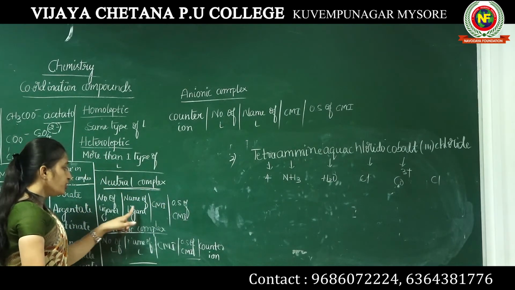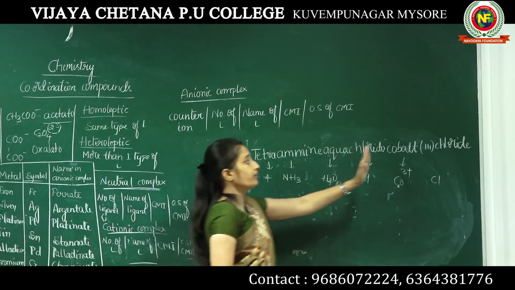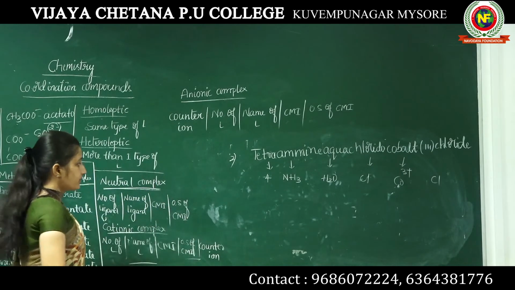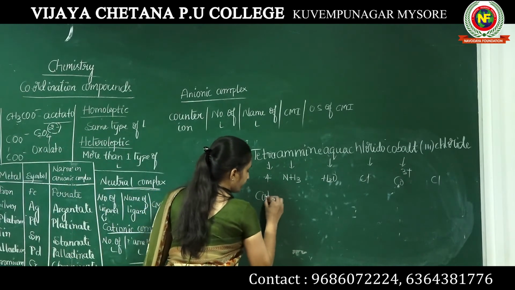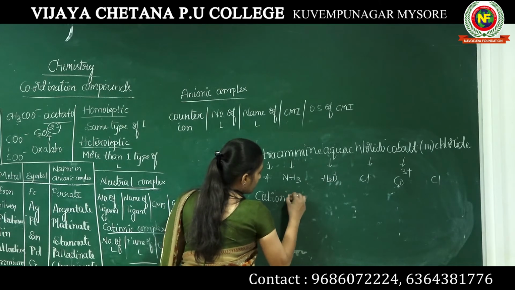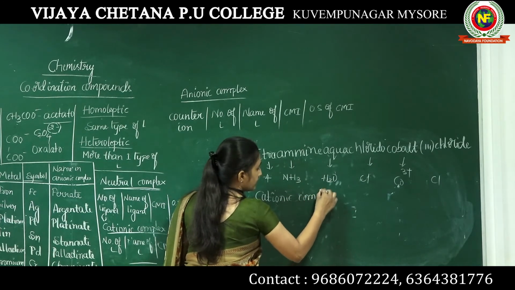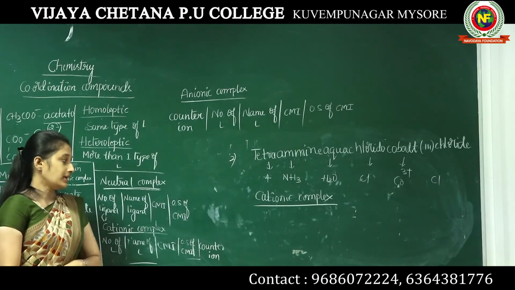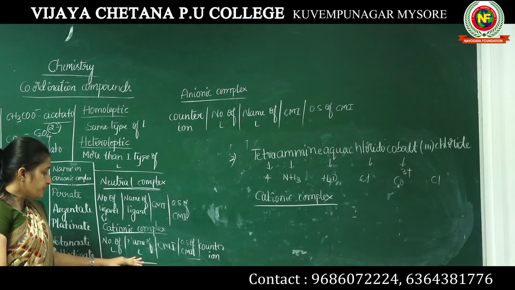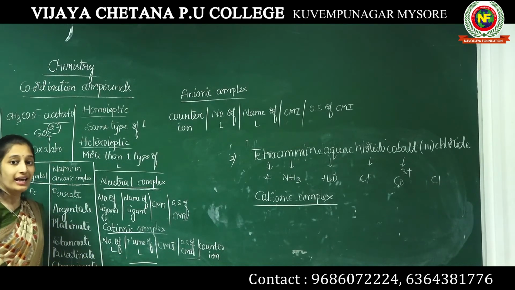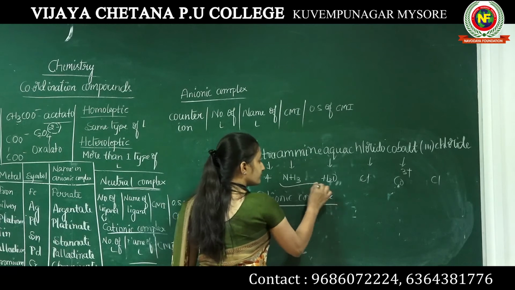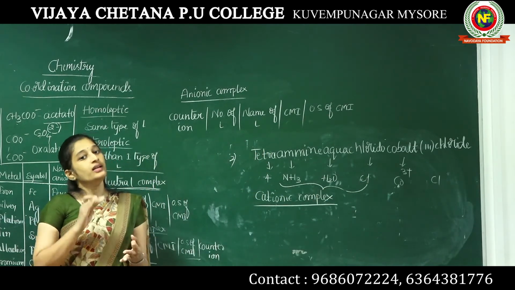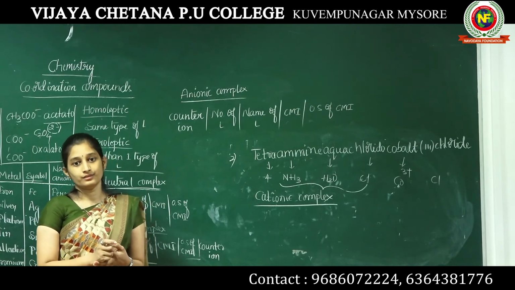Suppose it is neutral, the oxidation state would have ended up there. But what comes next is that it is an example for a cationic complex. Too simple. Now, just follow the rules. Number of ligands: here 3 ligands are there. One amine, second one water, third one chlorido. So,